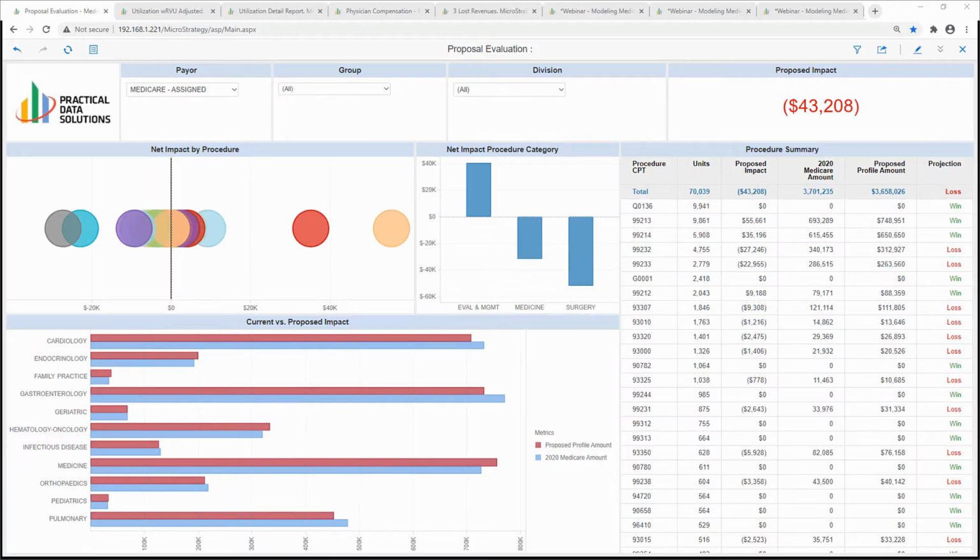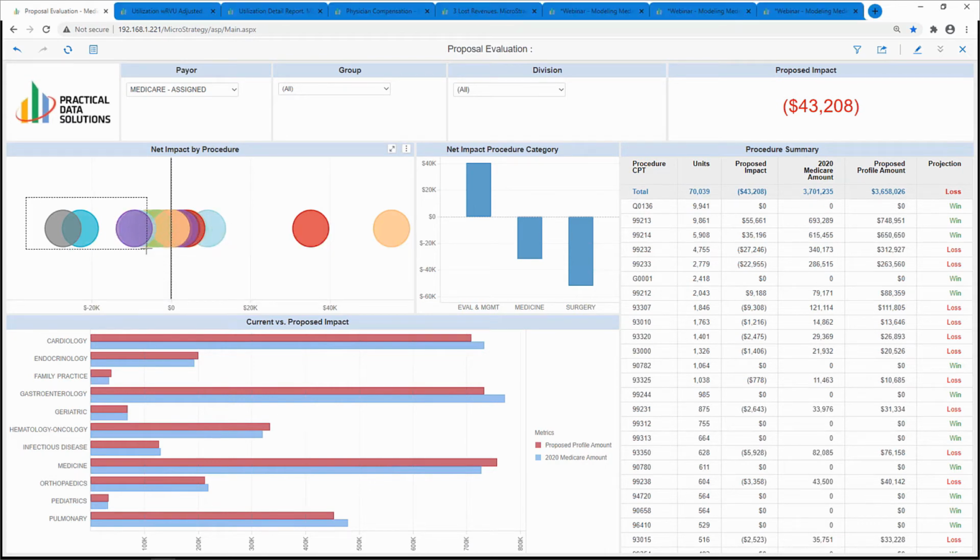Moving forward a little bit, let's go back to that visualization that I briefly showed on the screen to start. This is a very similar analysis that's now been built out in our analytics to look at the impact of the proposed change, what we did this year for Medicare, and what we expect if we do the same thing next year. How would that model out? So this is a visualization where we've modeled the procedures. We've measured the impact as either a gain or a loss, so we can quickly point, click, and highlight